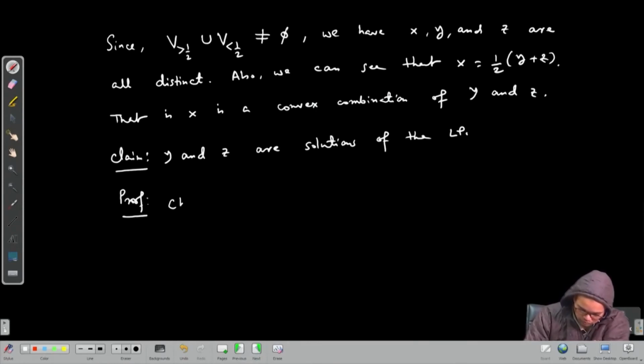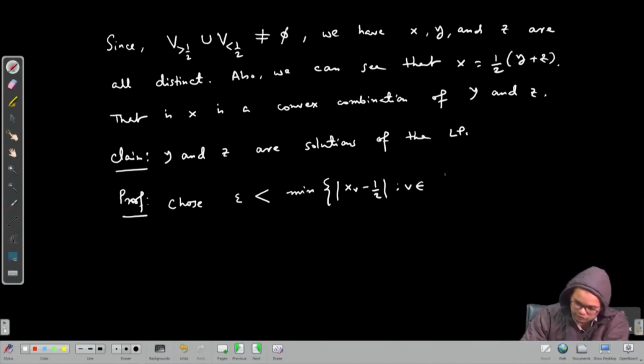So, choose epsilon less than the minimum of these sets, mod of x_v minus half, for v belonging to V greater than half union V less than half. So with this choice of epsilon,